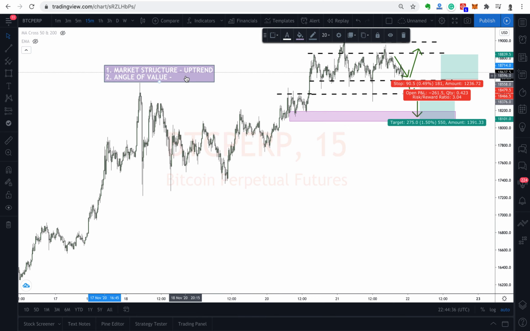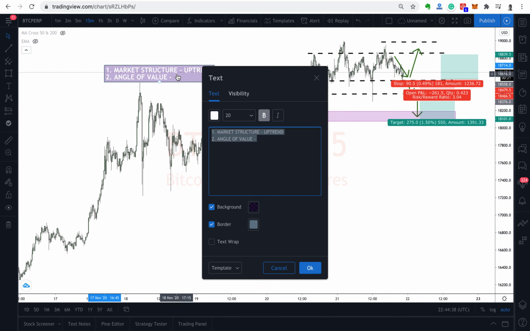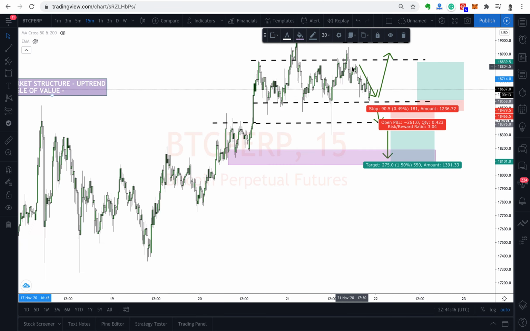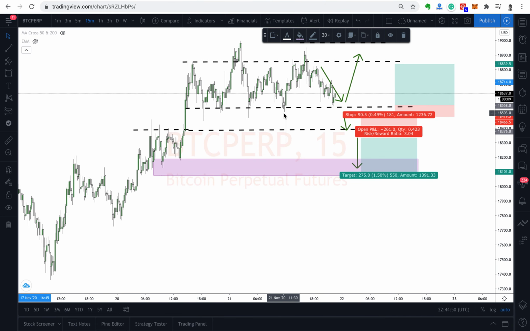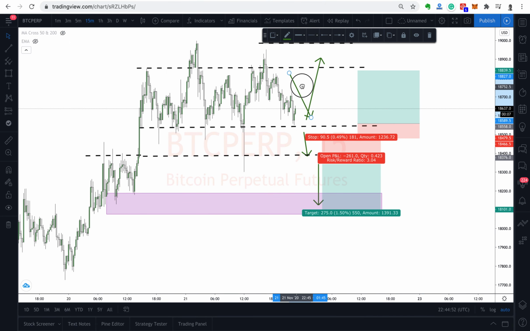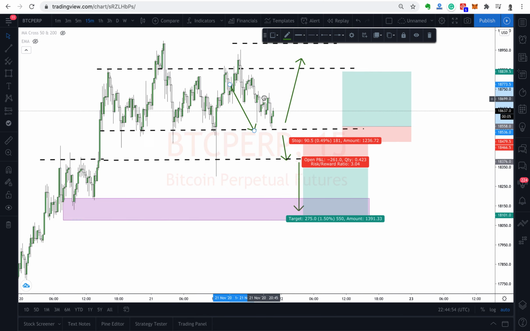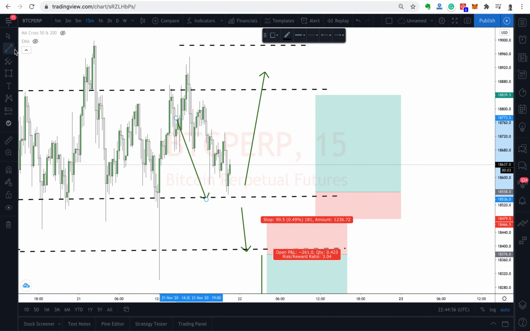So remember the market structure. Look at the market structure. We've seen that Bitcoin is in an uptrend, a good uptrend. Now even within this uptrend, you can still look at Bitcoin and say, okay, this is a minimal downtrend. Let me carry my trend line. You can use this one to draw a trend line. This is like a trend line because